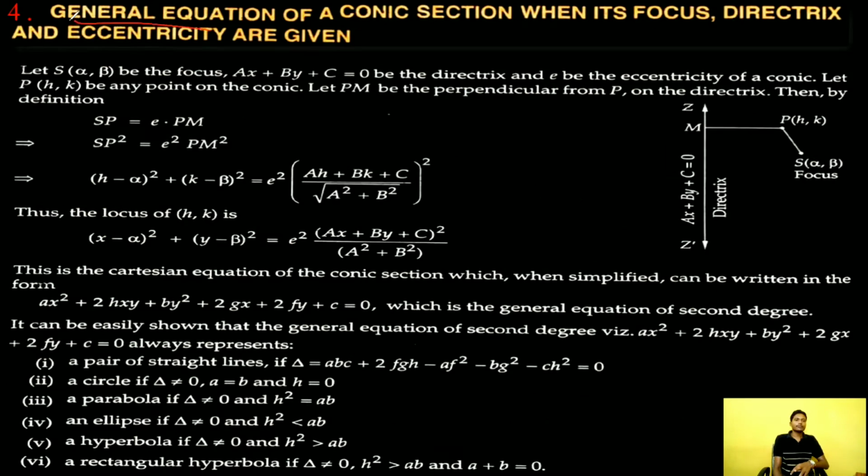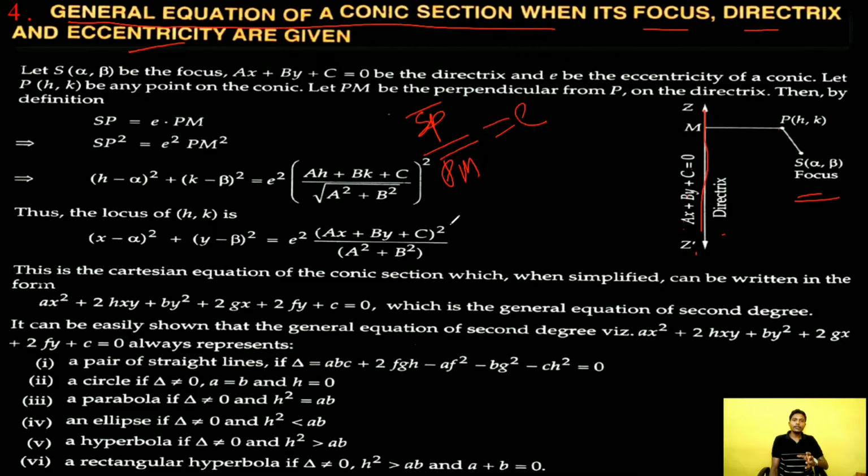Clear? Now, the general equation of a conic section when focus, directrix and eccentricity are given. In this picture, S with coordinates alpha, beta is the focus. This straight line having equation ax plus by plus c is equal to 0 is the directrix. We know this point P lies on the conic section if the condition SP divided by PM is equal to